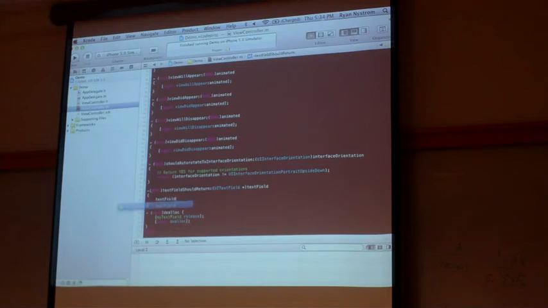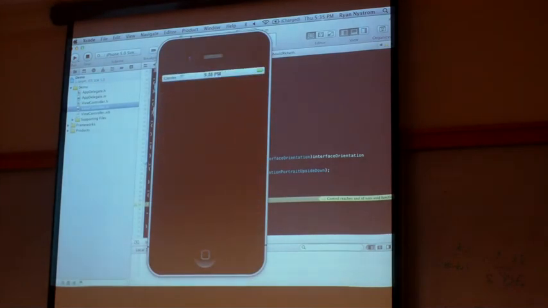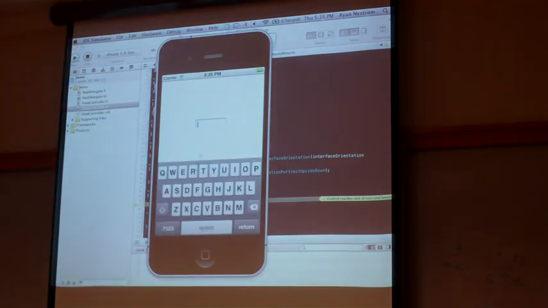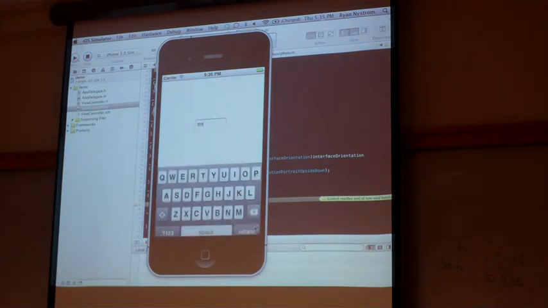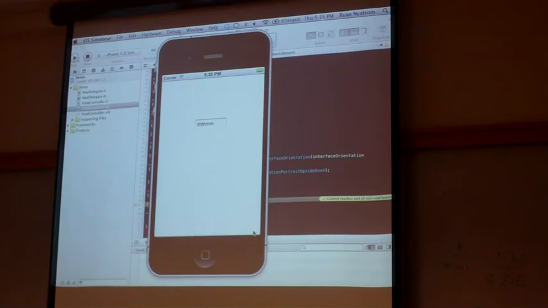So all we're going to do is text field, and then to get rid of the keyboard is this message, resign first responder. Super simple. I didn't put a return in there, so you might get a crash, but very simple.